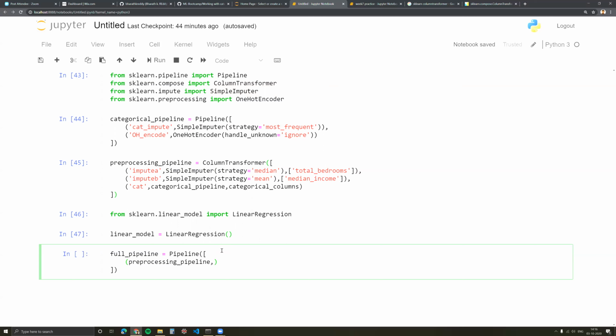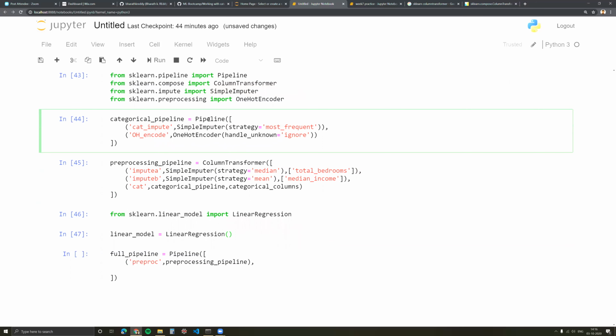And for the next step, I just have to mention a name. Pre-processing pipeline. Now you notice I'm not mentioning any column, because the only place you put a column name is when you're using a column transformer. In this pipeline, I've just given a name and a step, a name and a step. It's only when using a column transformer that you put name, step, and in addition the column name on which you want this step to run.